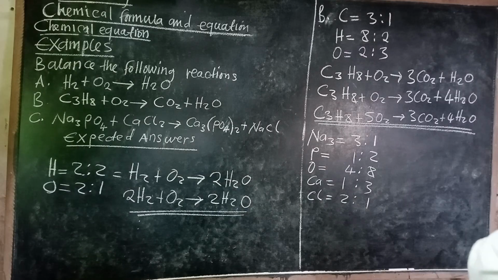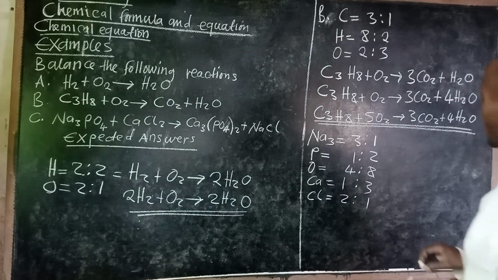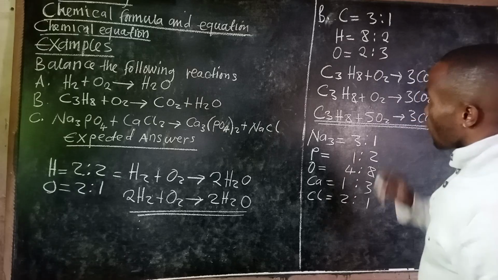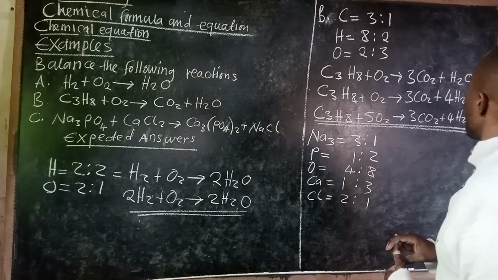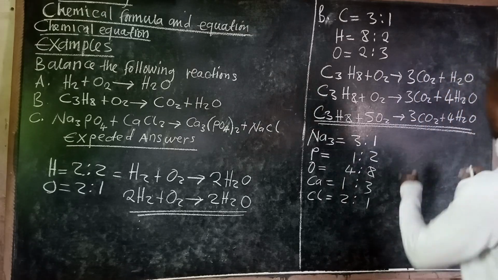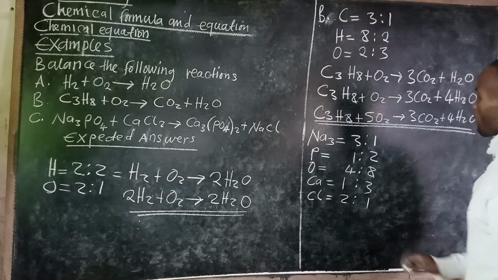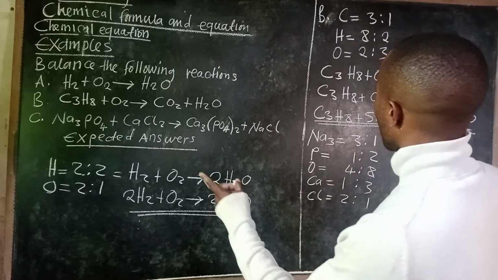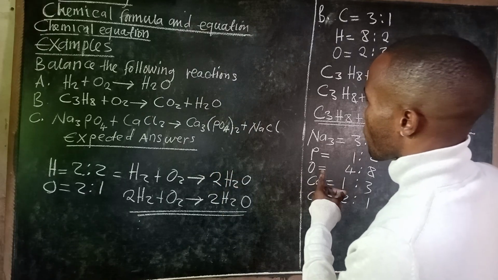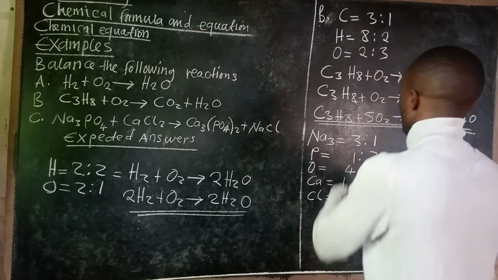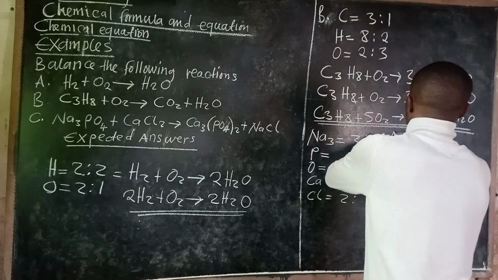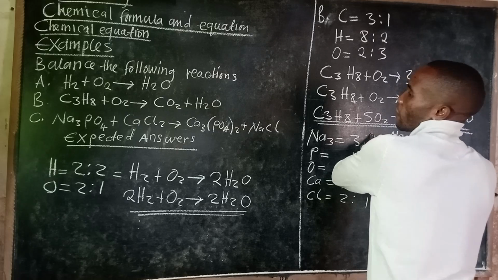then we can now start balancing them. Okay, so now we start with the first one. The first one, we are going to balance it. So I think the space will be enough. We'll use this space. Okay. So here we have to put a 3. We add a 3 to the product. We put a 3 there. So we are going to start the way it is. We can copy now. So the first one will be sodium 3, then